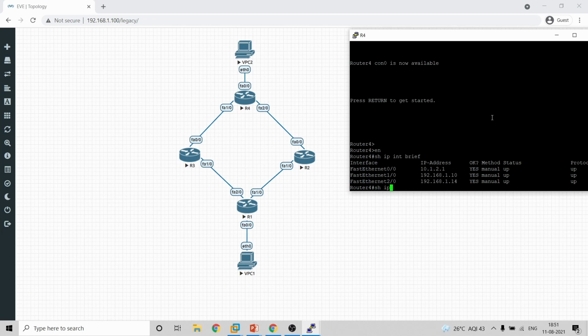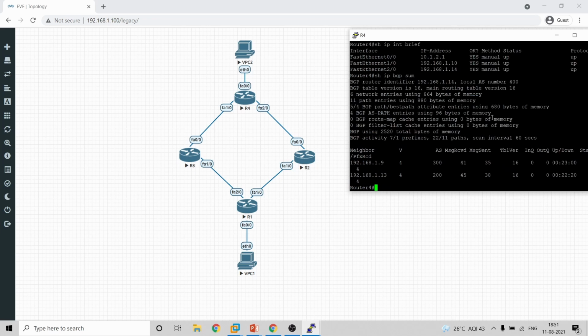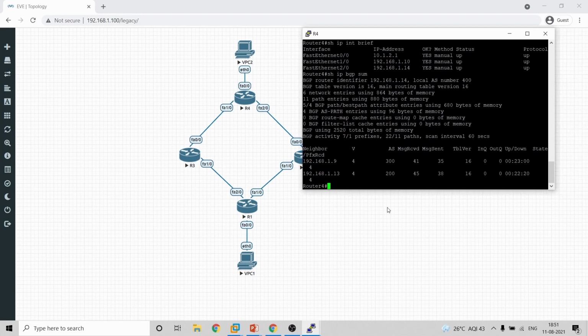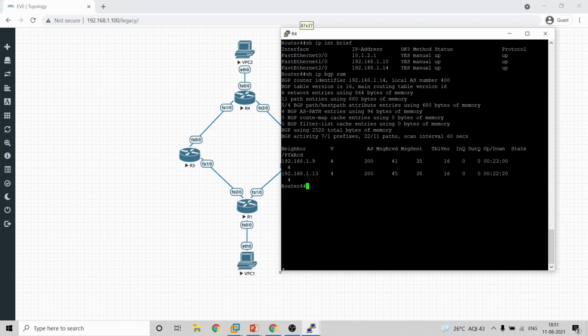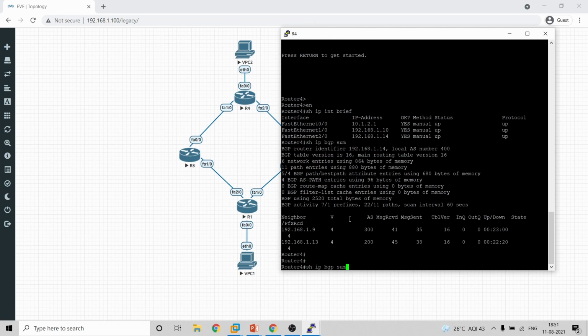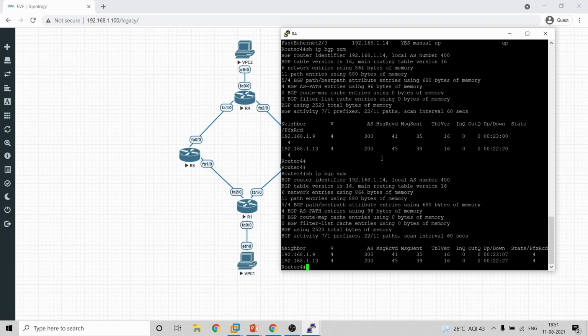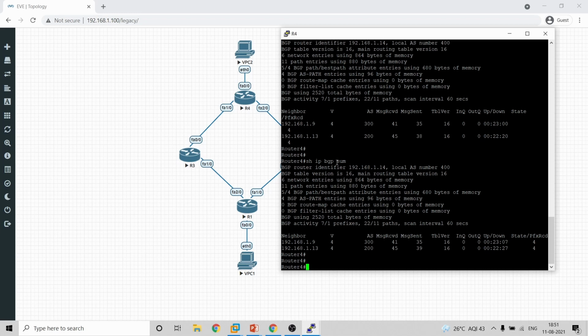So I'll show the BGP sessions as well. There are two commands: show ip bgp summary, and also show ip bgp all summary. What is the difference? Show ip bgp summary will give the entire BGP config and neighbors which are up, but show ip bgp all summary provides the BGP sessions which are inside the MPLS, which is inside the VRF as well. Okay, as we don't have VRF, we'll just stick to show ip bgp summary itself. But if you are working in an ISP environment, it's always better to give a command like show ip bgp all summary so that you get the VRF BGP as well.